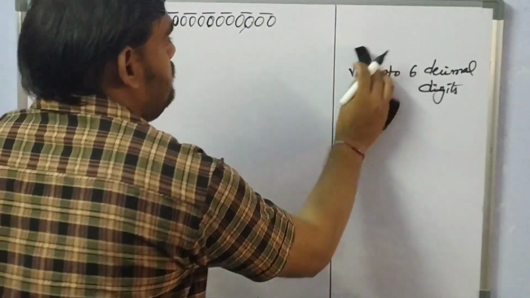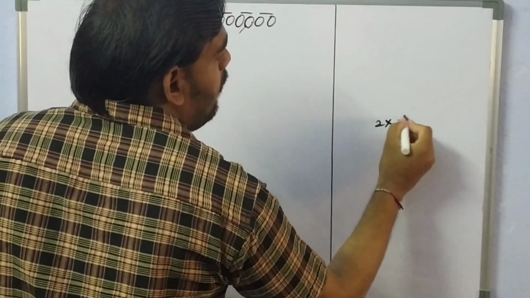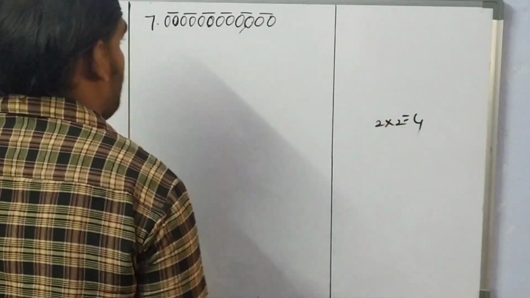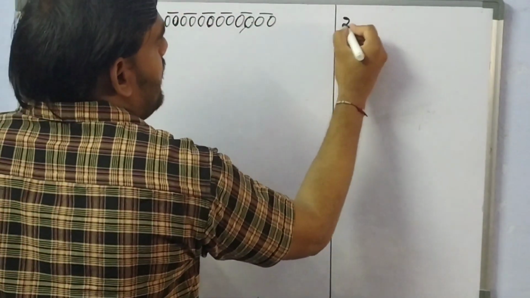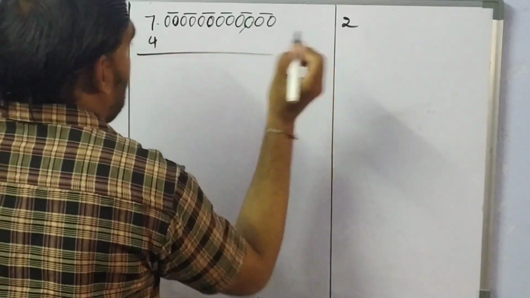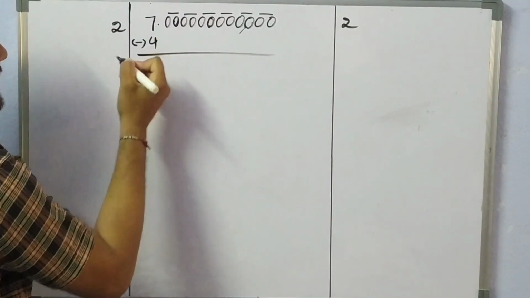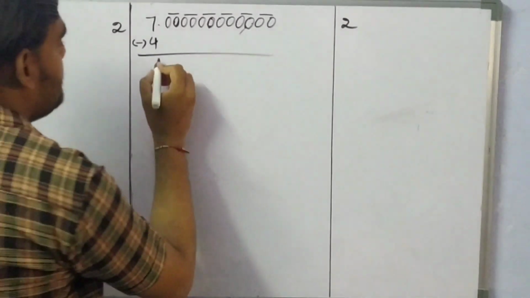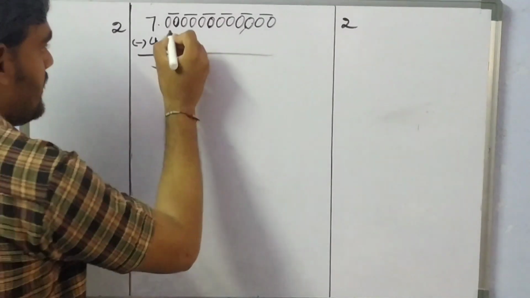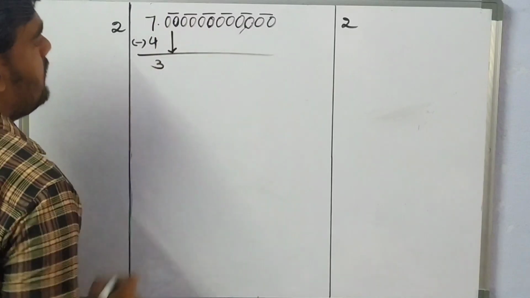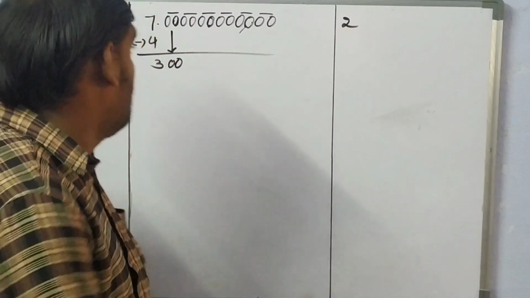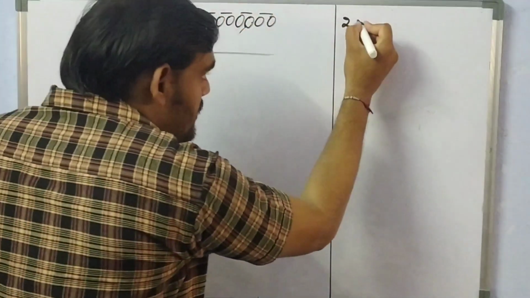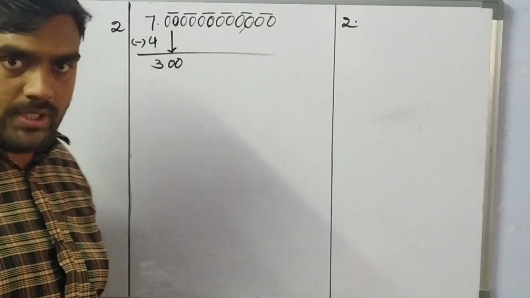Now in this, we all know that 2 2s are 4, isn't it? 4 is a perfect square. 2 2s are 4, we must write. After that, we need to do subtraction. 7 minus 4, 3. After that, we need to drag this group, that is 2 zeros. At that time, this number will become 300. Here the decimal point is there, no? So in the quotient also, we must keep a decimal point.